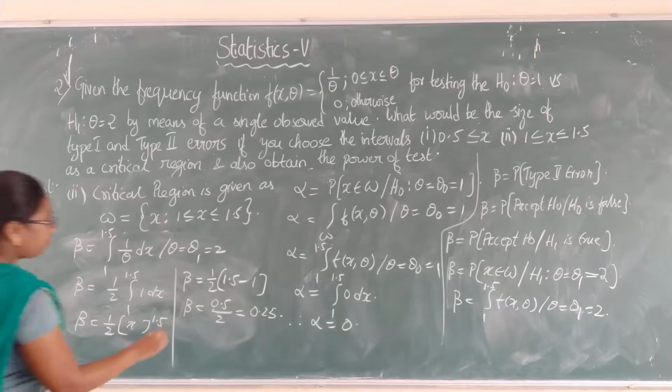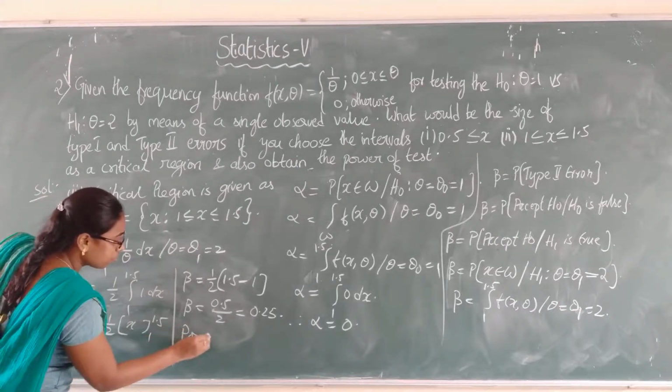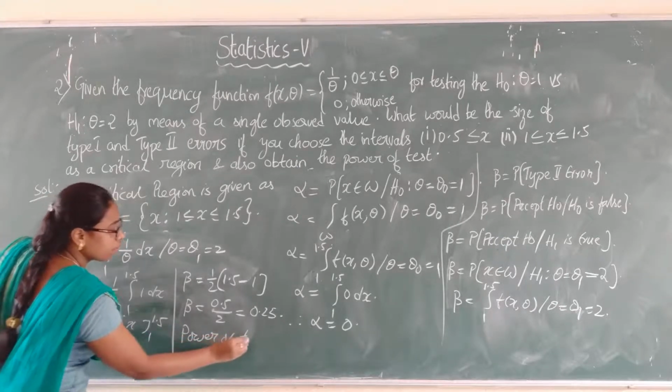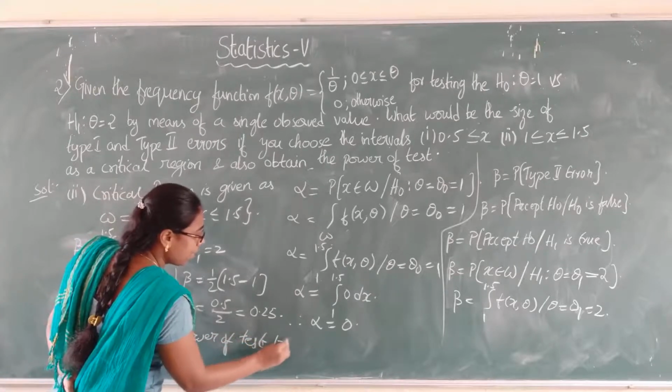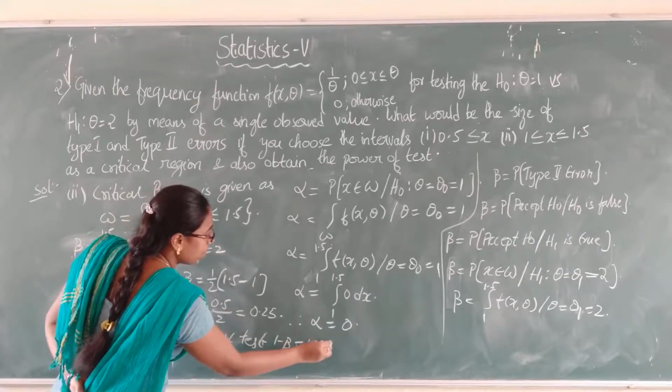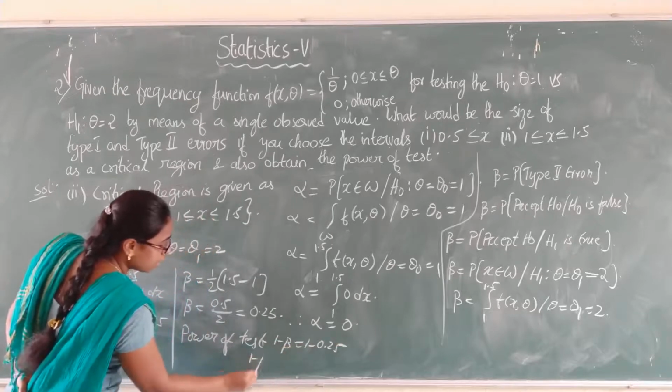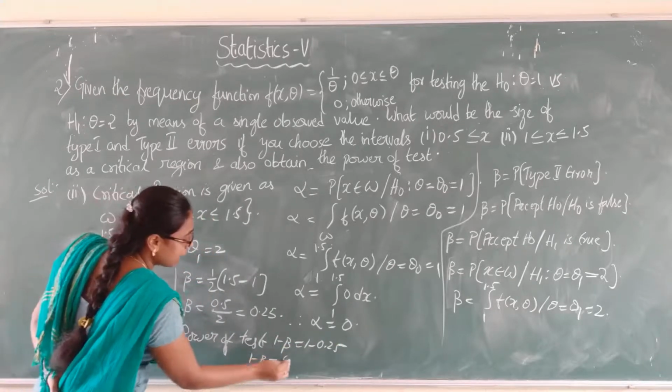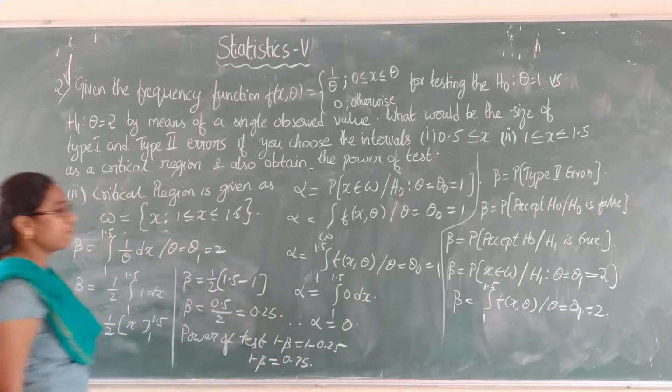Next we have to find the power of test. So power of test, 1 minus beta, equals to 1 minus 0.25. So therefore power of test, 1 minus beta, equals to 0.75. So for the